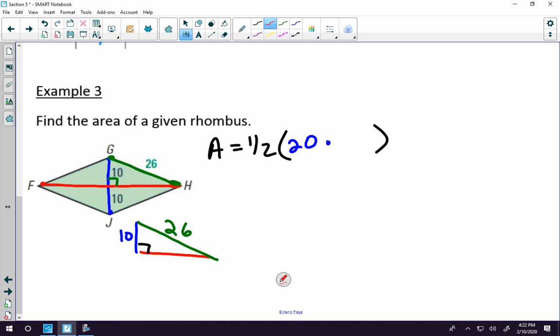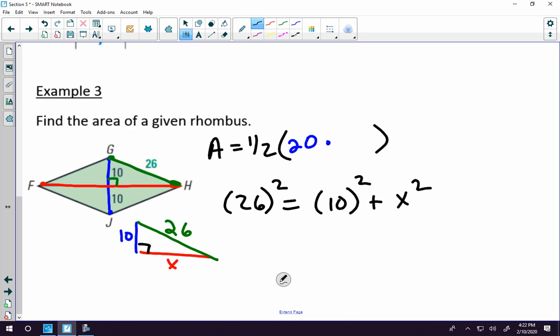Okay, so now we'll call this x. So using Pythagorean's theorem, we're going to go hypotenuse squared, which is 26, equals leg squared, 10, plus the other leg squared, okay, 26